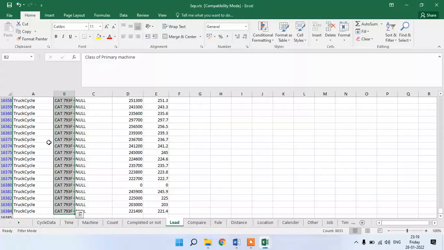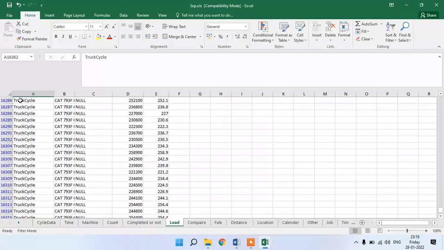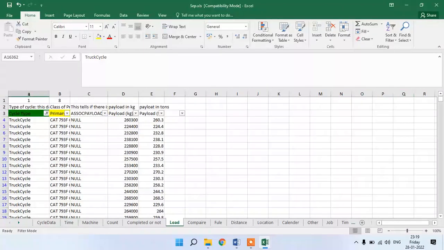And then I separated the load also. See here, the machine is a truck cycle. How much load, the payload, is there. Then class of information: payload in ton or in kgs. Any one data we can use. I used the kg here. Okay, the nominal load.